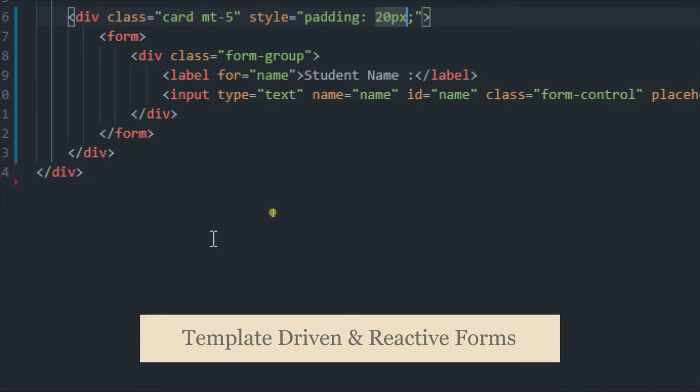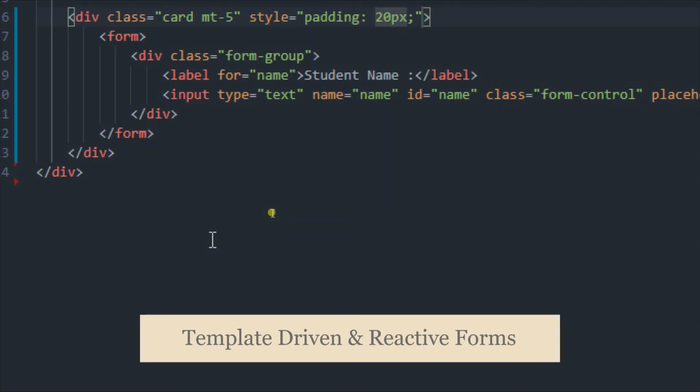One is reactive form and the second one is called a template driven form. Template driven form is quite simple compared to the reactive form, because in the reactive form we need to write some code for it. We first need to understand it and then write code. It allows custom validations and some customization in the form.